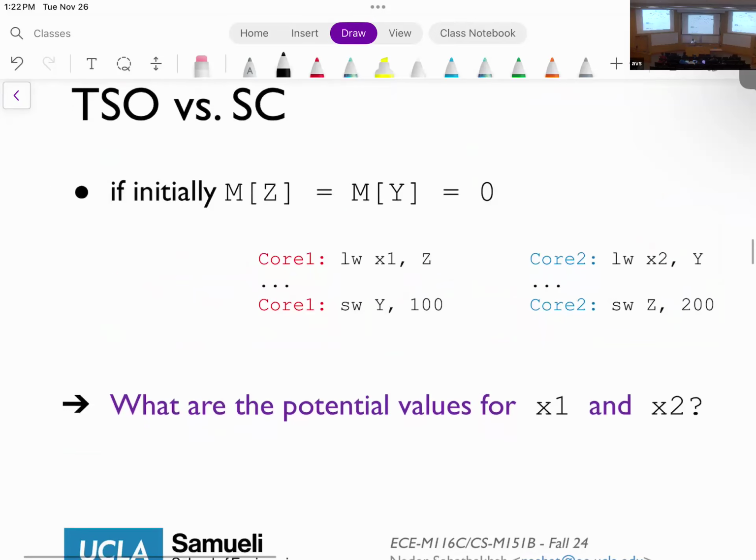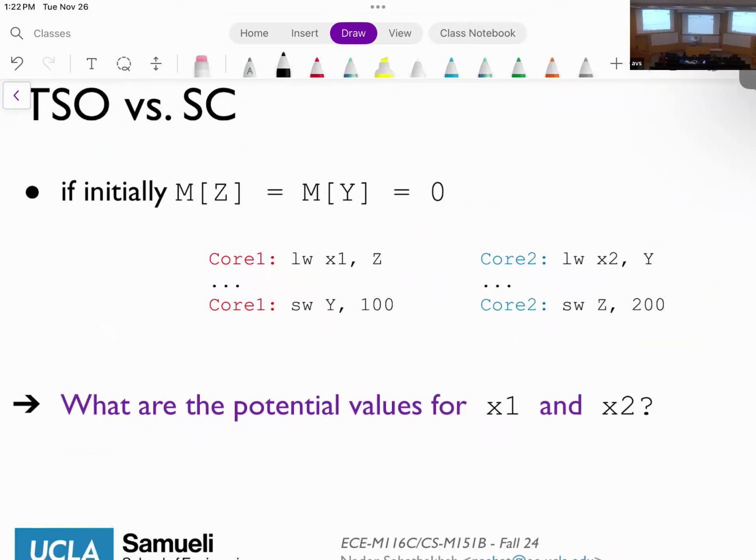Great. But also TSO does not solve all the problems. So for example, again here, if I can issue loads before stores, or the other way around, you will see that, for example, here I still can read 0, 0 for x1 and x2 because TSO doesn't give you the orderings within the instructions between load and store. Okay? If I had another store here, TSO will guarantee that this happens before this one, but TSO doesn't guarantee that these two cannot be reordered. Okay, so keep that in mind.